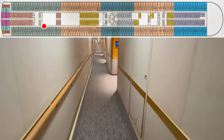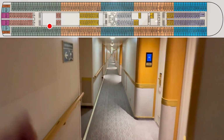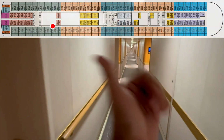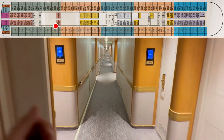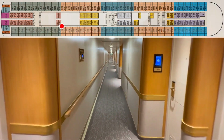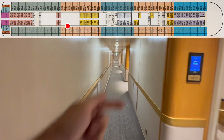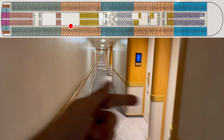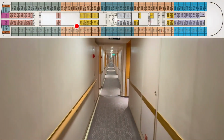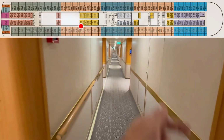Crew door, 637, 35, 33, 31, 631, 629, crew door, 27, 25, 23, 21, 19, 17, 615, 611, 609, 607, 605, 603, 601, jumping to the 500s, 537, 535,